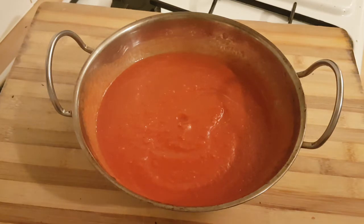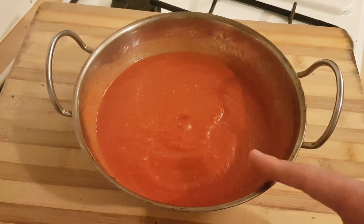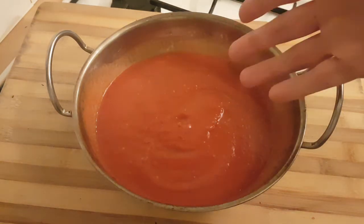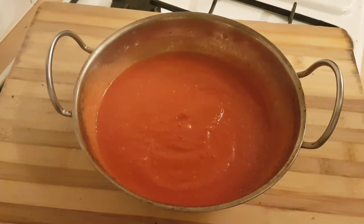So what I did, personally, I blended everything minus the plum tomatoes, the tin, all at once because my blender doesn't hold that capacity. So 2 batches, blended up everything really smooth. So now we have a really, really nice thick tomato paste that's a lot better than just adding tomato puree